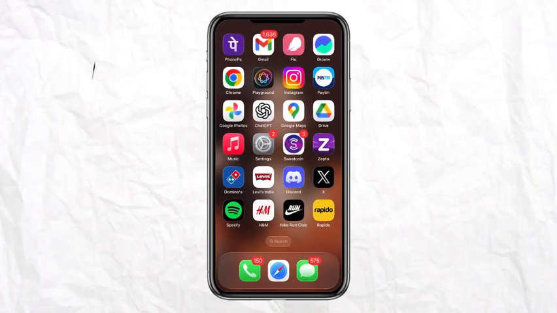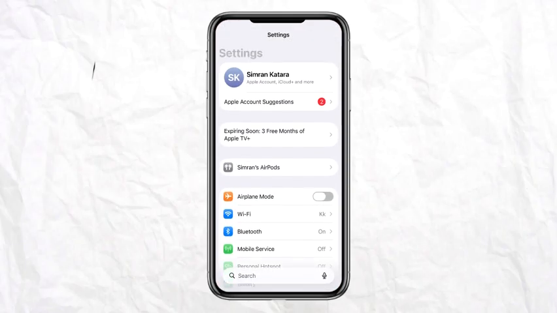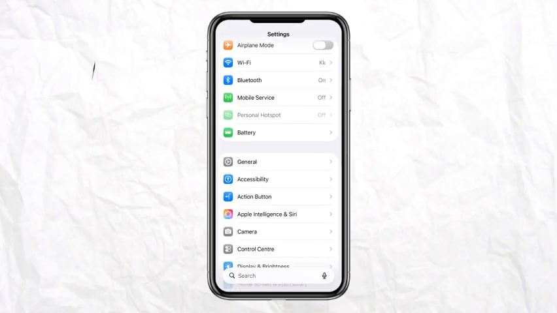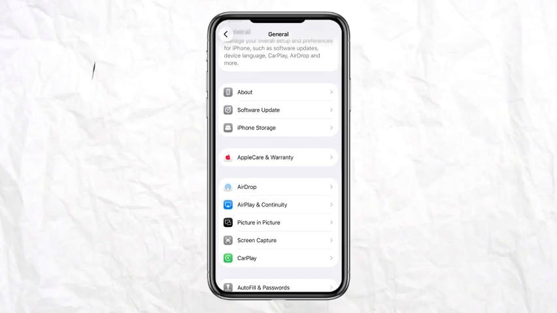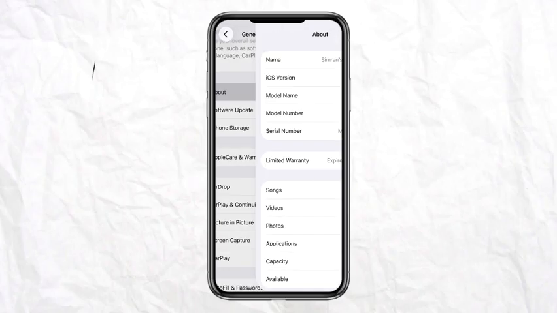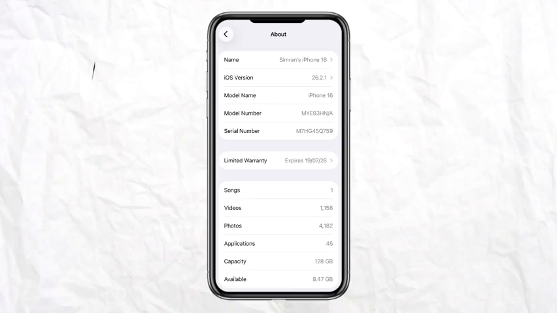So for that, all you have to do is simply open the settings on your device, and after that make sure that you are logged in with your Apple ID in your account. Then go to the General setting, and over here you have a bunch of different options. Just click on About, and over here, if you have the AppleCare warranty in your account, you will